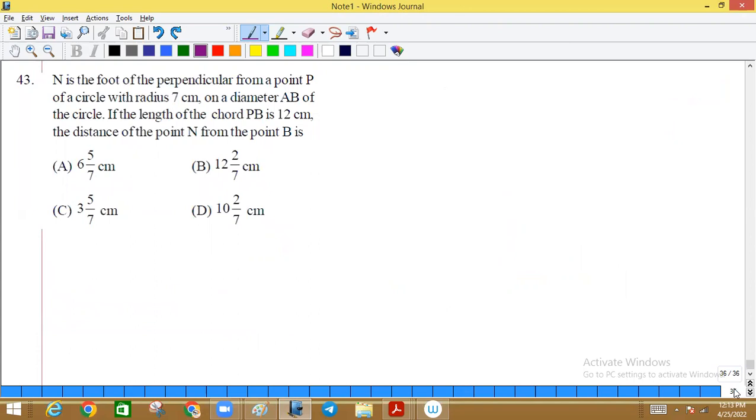Finally, N is the foot of the perpendicular from a point P of a circle with the radius 7 centimeter on a diameter AB of the circle. Okay. If the length of the chord PB is equal to 12 centimeter, then the distance from point N from point B is,